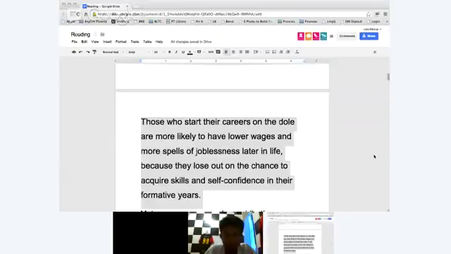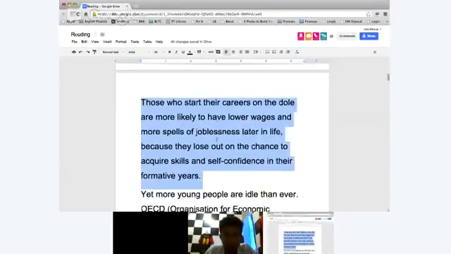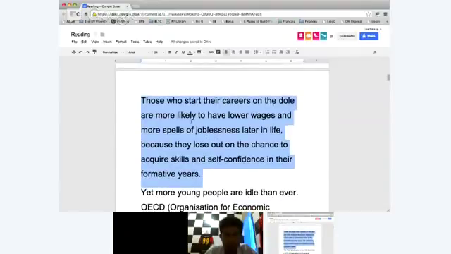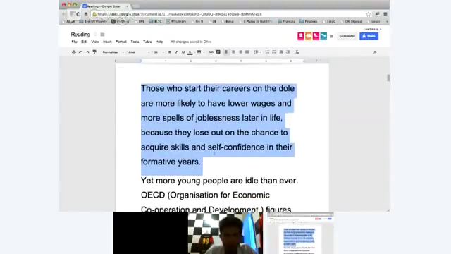All right. So those who start their careers on the dole are more likely to have lower wages and more spells of job